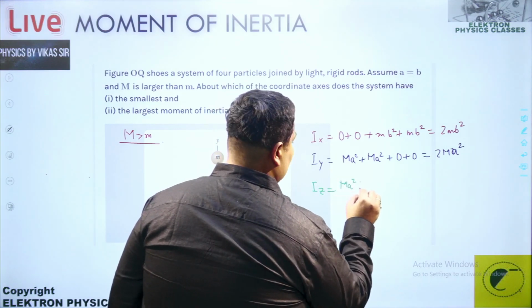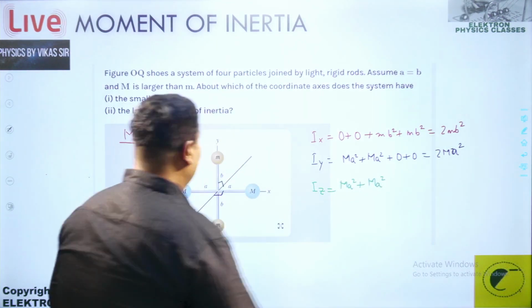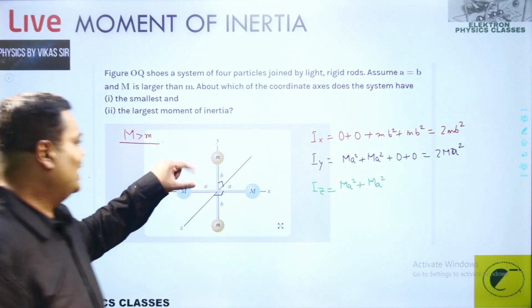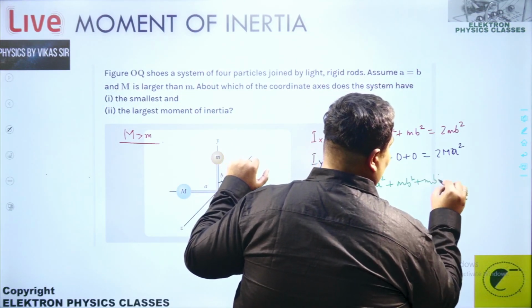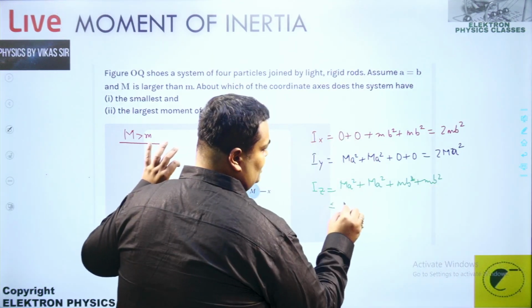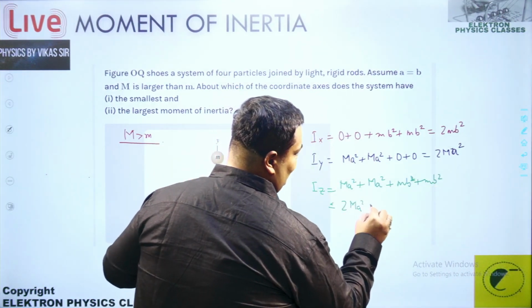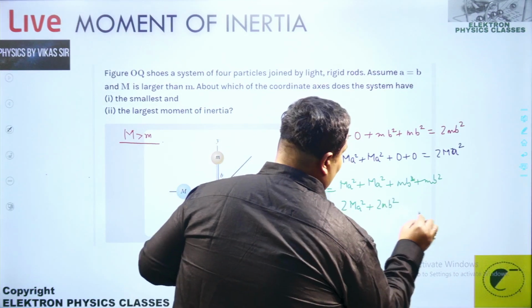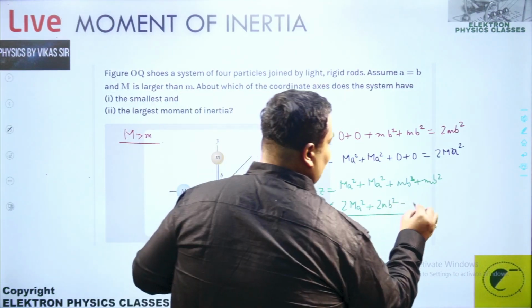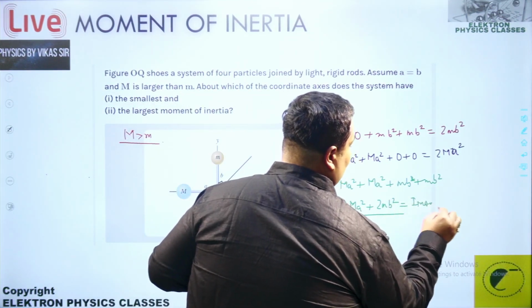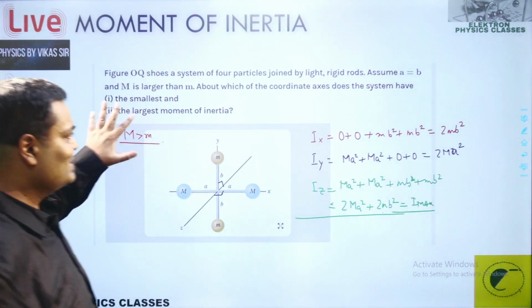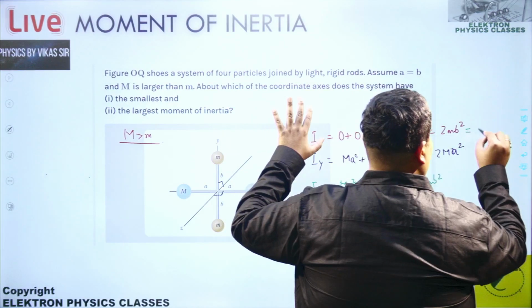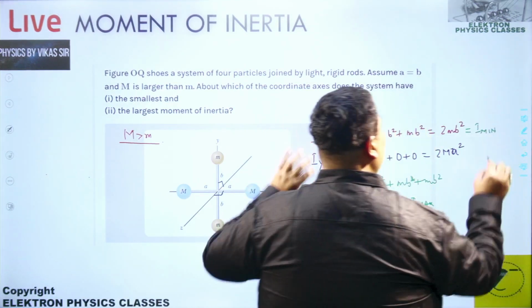That is capital M into a square plus capital M into a square, and then small m into b square plus small m into b square. That's pretty much twice of capital M a square plus twice of small m b square. And this seems to be the maximum moment of inertia. Since the question says small m is lesser, Ix is supposed to be the minimum moment of inertia